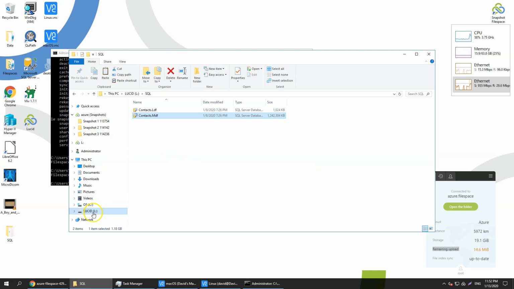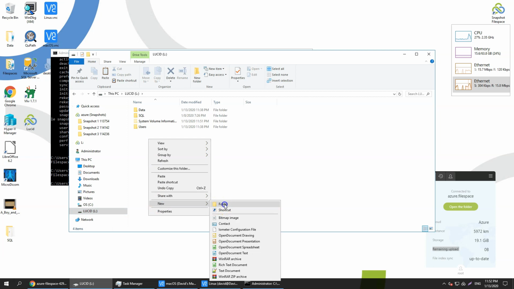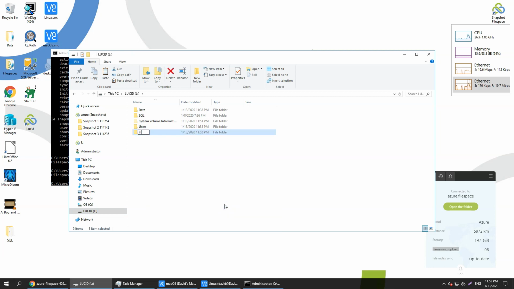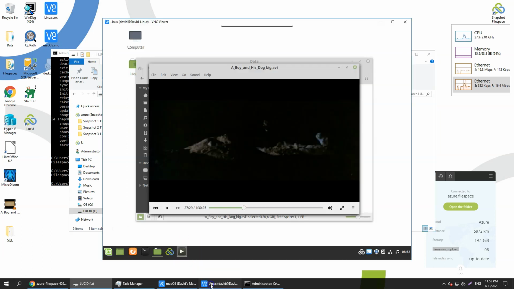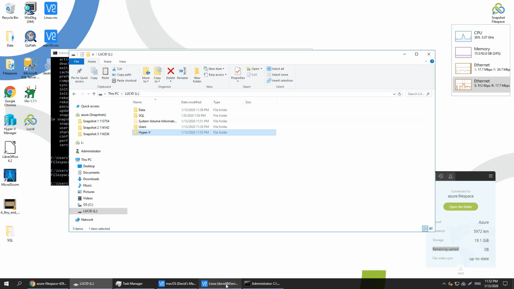I'm also going to create a very high transactional workload. So I'll set that up now. I'll create a Hyper-V folder. This Hyper-V folder is where I'm going to install a virtual machine. So we're going to have a SQL workload, a virtual machine. Meanwhile, on our Linux machine, we're playing a movie out of the same file space and Azure blob storage account across different operating systems. Let's open up Hyper-V Manager